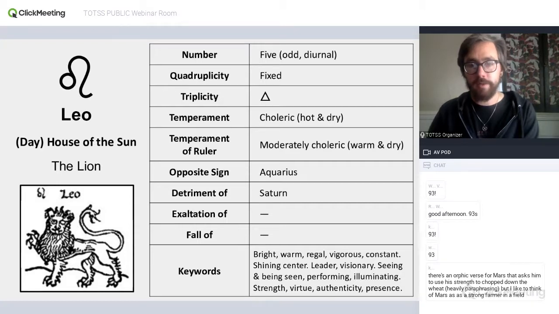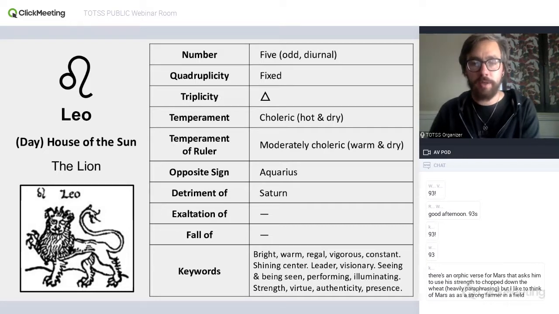Yeah, so Leo, as a fire sign, is choleric, hot and dry. Now, the sun is also choleric, but is moderate. So compared to Aries, we're still talking about a choleric temperament, but a little more moderate and not quite as extreme as Aries is. All right, so the opposite sign is Aquarius, and so the ruler of Aquarius, Saturn, will be in detriment in Leo.